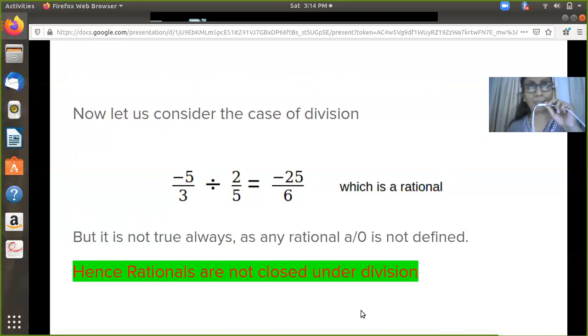This is a very important property that you have to remember, and hence I have highlighted this and I did the verification myself. So I hope you have understood this. So that was about the closure property.